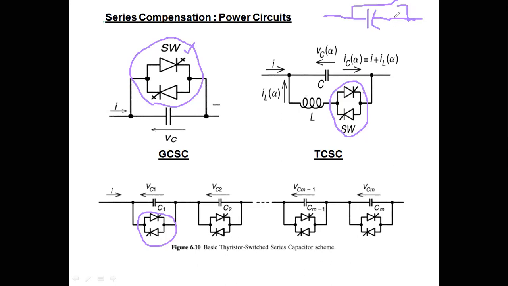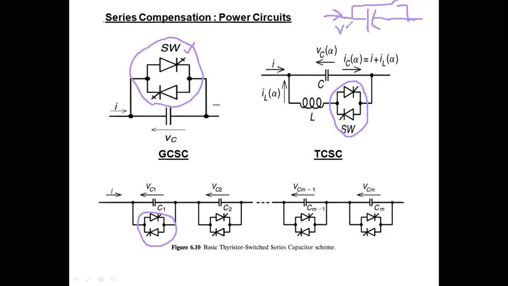When the switch is off, the capacitor is in the circuit. So depending on the switch condition, you will have the capacitance either in the circuit or out of the circuit,